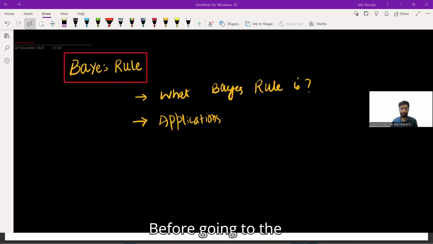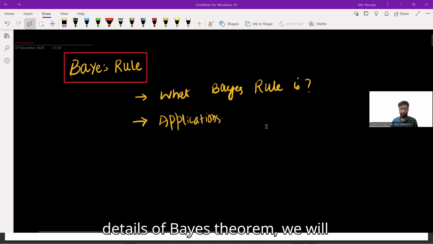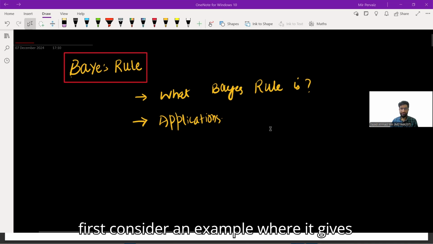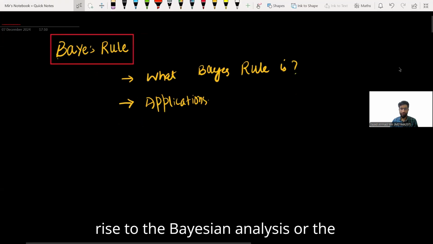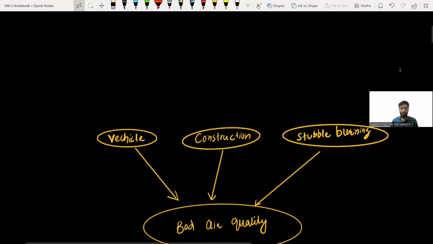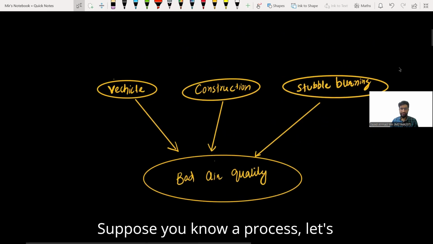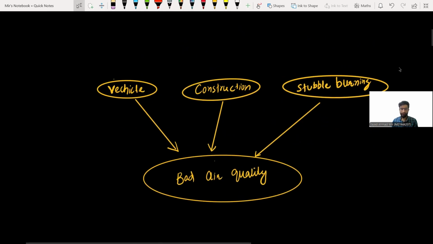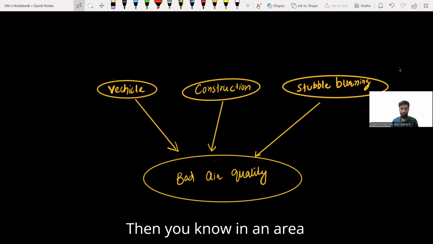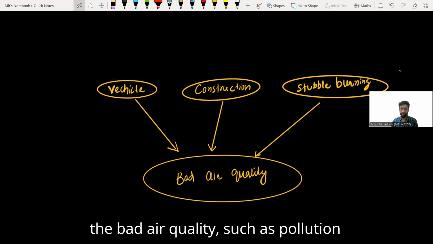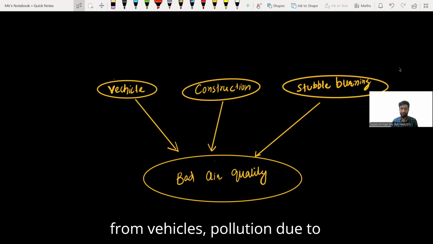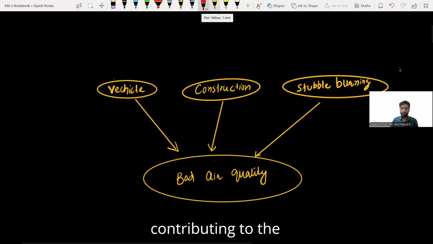Before going to the details of Bayes theorem, we will first consider an example where it gives rise to the Bayesian analysis, or the Bayes rule. Suppose you know a process, let's say bad air quality. In an area there are several factors contributing to the bad air quality, such as pollution from vehicles, pollution due to construction, or stubble burning. Now, all these factors are contributing to the